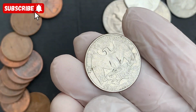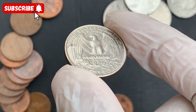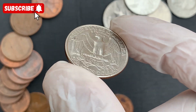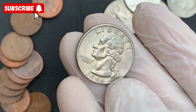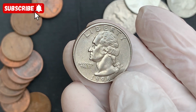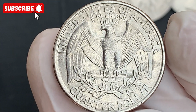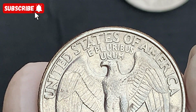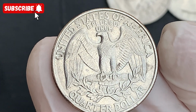But the real value lies in pristine specimens. A 1996 W quarter in MS-65 condition regularly commands $50 to $70, while perfect MS-70 examples can fetch $500 or more. In 2019, a particularly exceptional specimen graded MS-68 by PCGS sold for an astounding